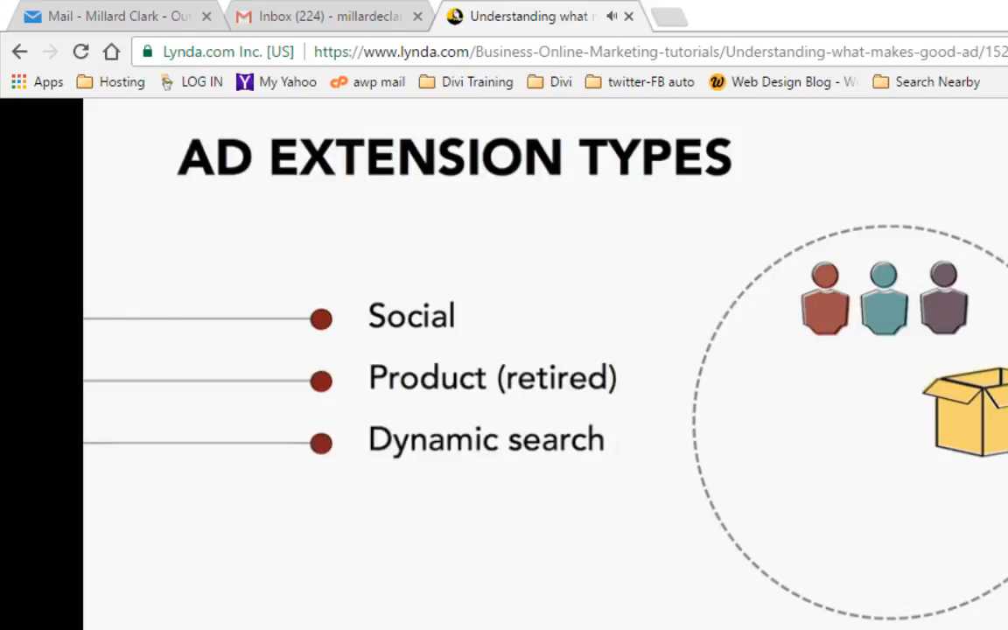Dynamic search ads are a more complicated option that I do not recommend for new advertisers. This extension populates a headline and first line of body copy for you based on a URL of a page that you provide. You're counting on Google's crawlers to be able to discern what is on the page and what